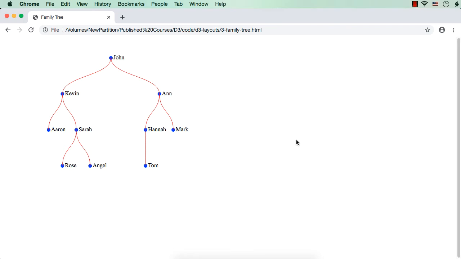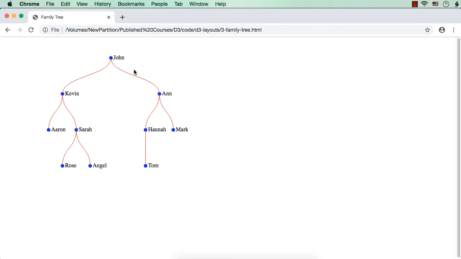In this lecture, I want to explain a special scenario in the case of family trees and show you how to solve that issue if it arises in your case. The issue is that if any of the names gets repeated, then the family tree is not getting displayed. So let me show you.